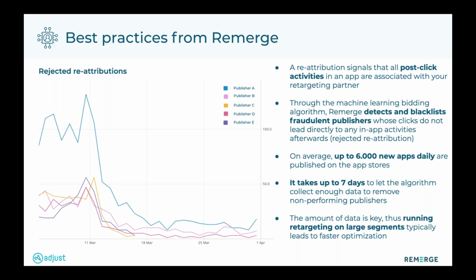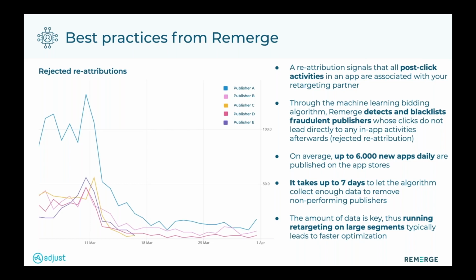So if we notice that a publisher over time is not performing, in terms of there's no proper app opens attributed to Remerge, there's no post-click conversions attributed to Remerge, then we start blacklisting and limiting the bidding behavior on these publishers, ultimately completely stopping bidding on these publishers, which basically results in a better distribution of the marketing budget by focusing on publishers that perform well and are